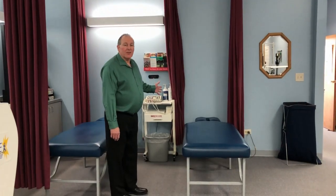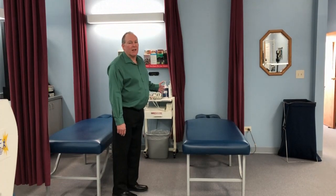What we have in our physical therapy suite is a couple of different modalities. They really help hold the adjustment better. They can take out muscle spasm. We treat a lot of athletes here, so we use ultrasound on things like ankle sprains, wrist sprains, shoulder sprains, things like that. So let's go back a little bit further, and as we look at the rest of the